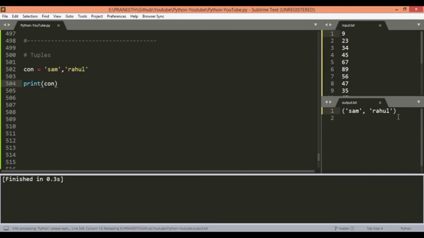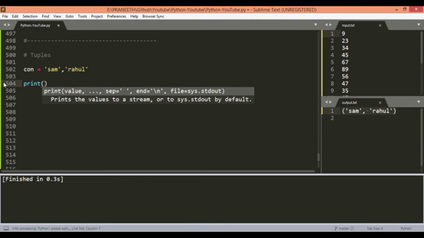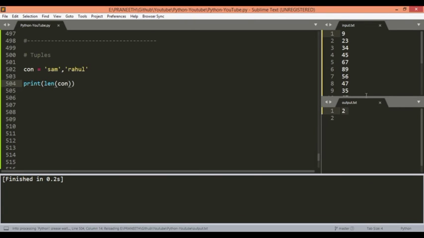So you can see it automatically got created into a tuple. So without parentheses also we can create a tuple and store it in a variable. It will take it similarly. So tuple also has the same methods used in the list. So length of tuple con will give 2 as we have only 2 elements.